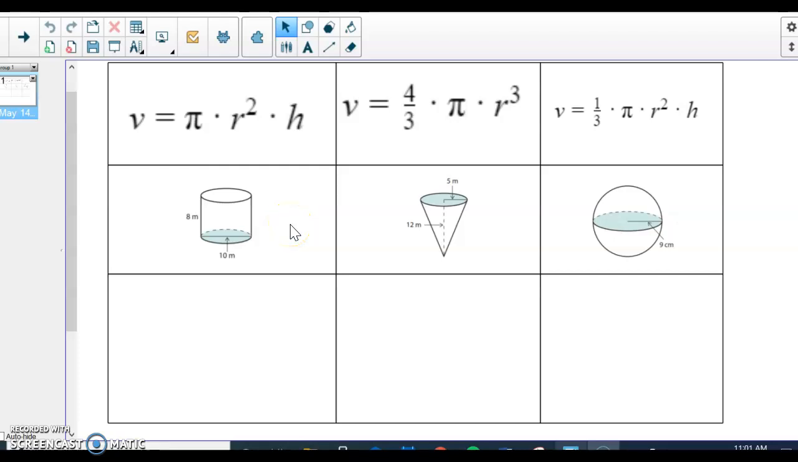Hello, Priyali. So we're going to do a couple of problems together to make sure that we are understanding what's going on. So first one we're going to start off with is our